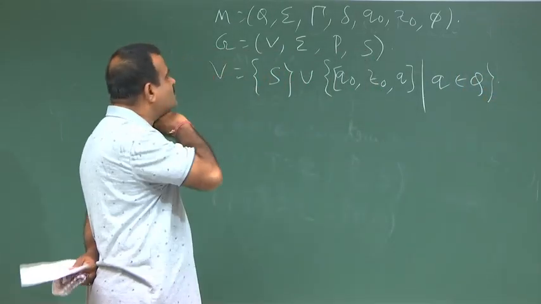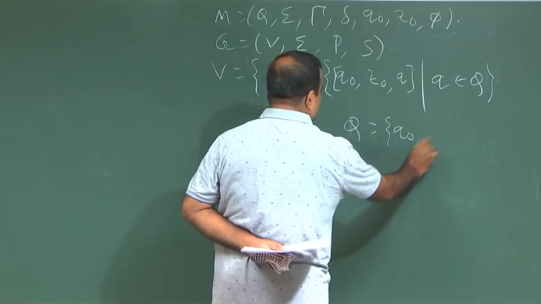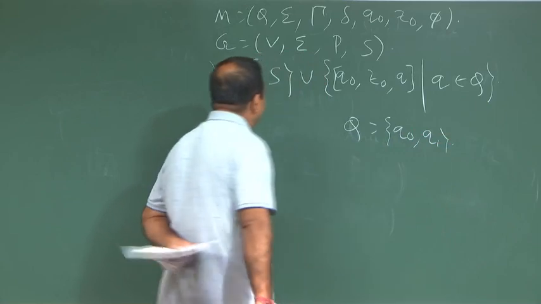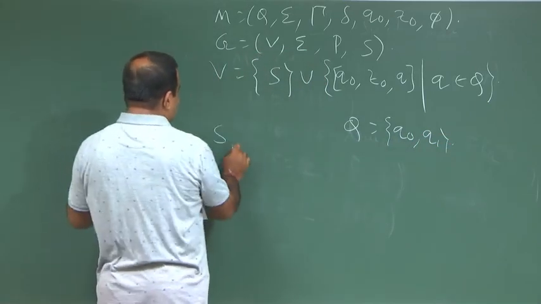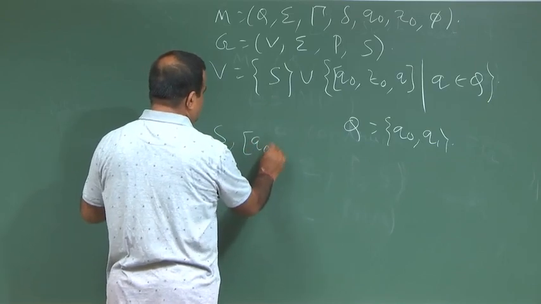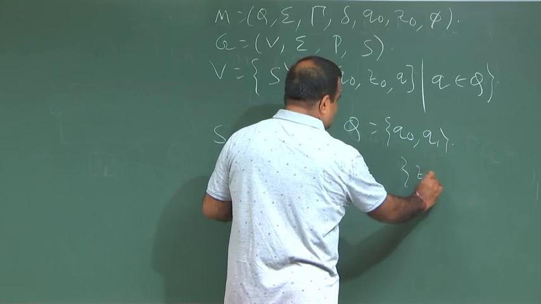So if we have, say, 2 states Q 0, Q 1, then what are the variables? Variables are S comma all these symbols. So Z 0, or if we have say Z 0, Z 1,